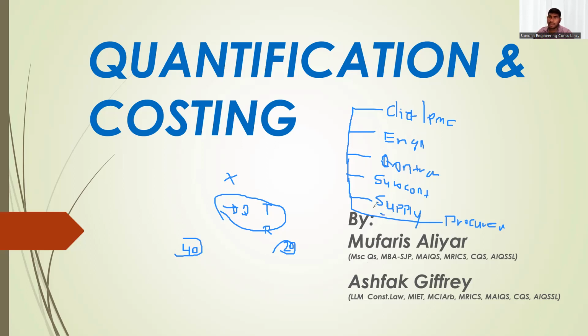Can a supplier have a quantity surveyor? Yes, there are possibilities. For example, an aluminum cladding supplier. I met a supplier who supplies external facade, porcelain facade or external cladding. They have their own QS who come with us and work on the quantities. So the procurement QS will issue the LOA to the supplier who supplies the steel or the cladding, and the supplier's QS will receive the documents.